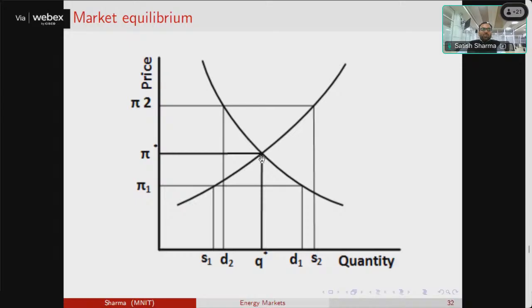So how the equilibrium works is, let's say the price has been reduced to pi 1. In that case, the supplier will only produce S1, because as per his supply curve, it will be very expensive to produce more than S1, and he is only getting price pi 1. But as prices are reduced, the demand will consume more, because prices are cheaper. So the supply and demand mismatch will occur, and in that case, when demand is more and supply is less,